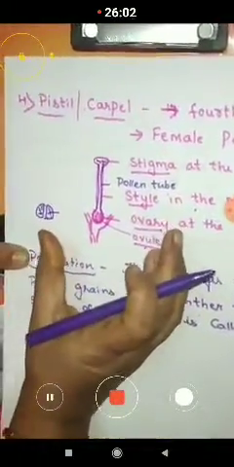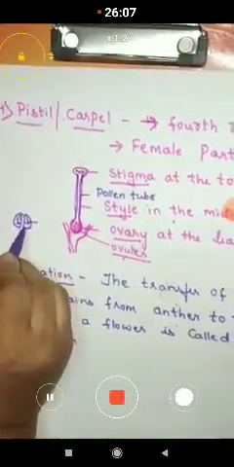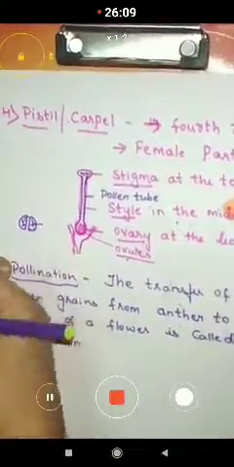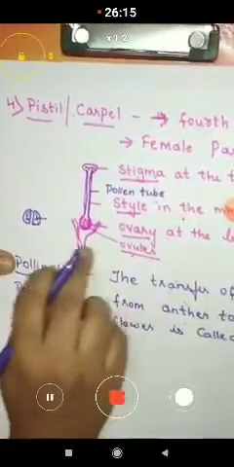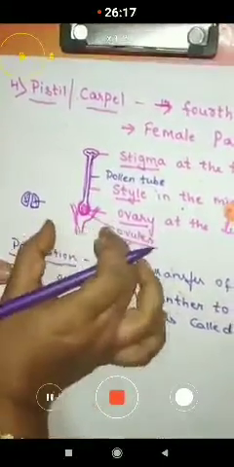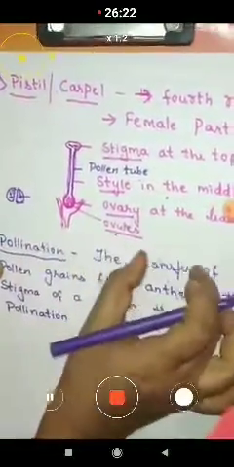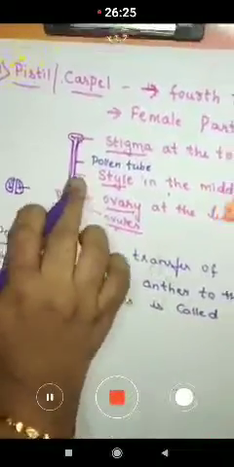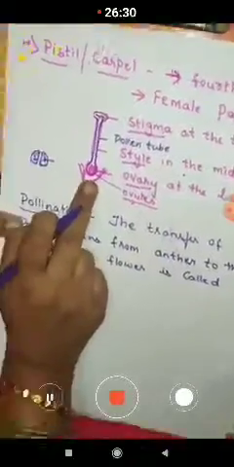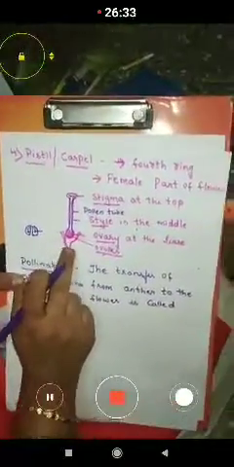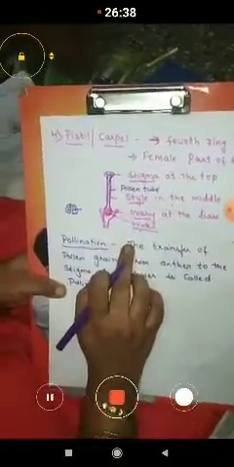It changes into a fruit, and the remaining ovules present in this ovary, in future, become the seeds of the fruit. So here the flower changes into a fruit, children. I think everyone has understood this. The ovary which is present, I am going to repeat again. Listen, how the reproduction takes place.